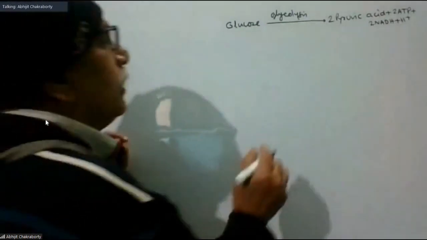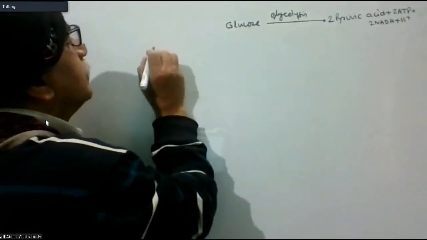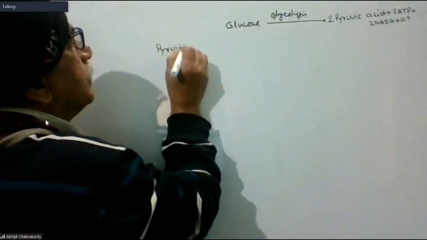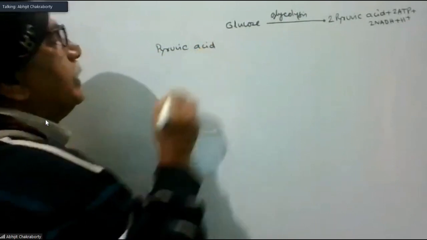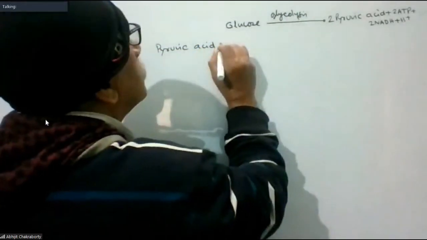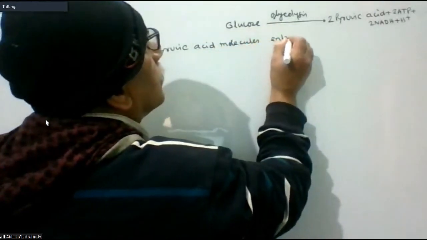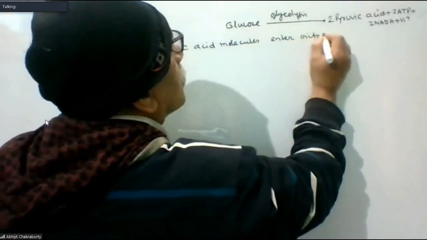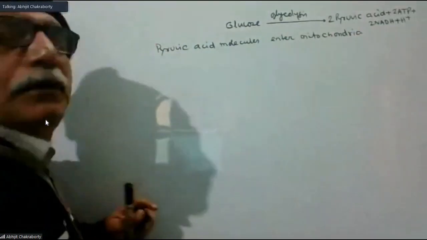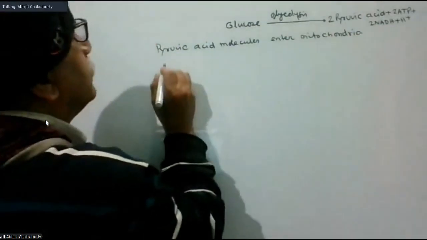Okay, this is the product, you know it. Now what happens then? Pyruvic acid enters the mitochondria. In the mitochondria,